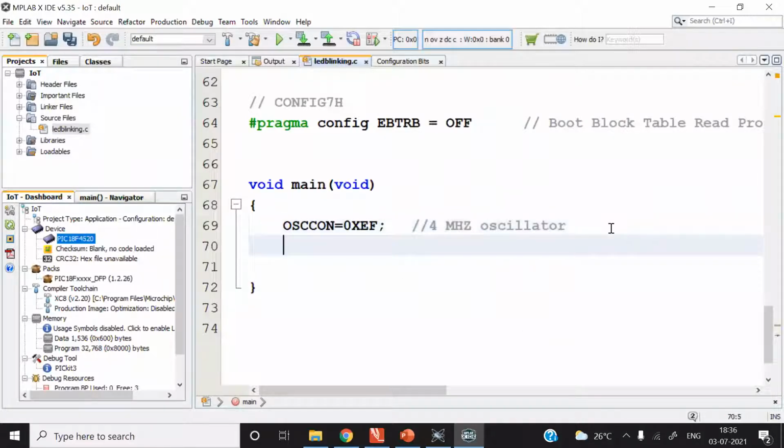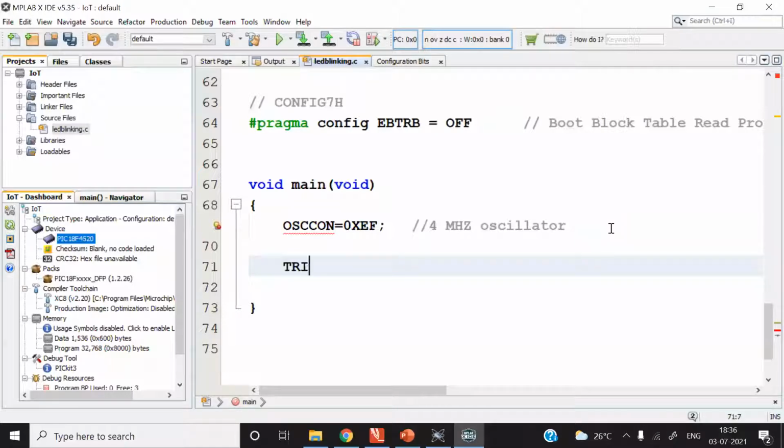After that, we are writing code for LED blinking. So we'll blink LEDs connected to port B. Therefore, your port must be digital output. To configure port B for digital output, your TRIS register, TRISB, is equal to 0x00.